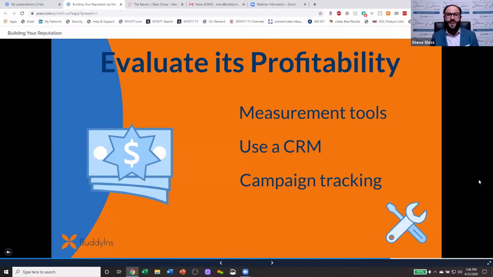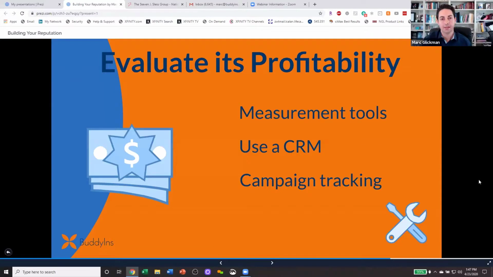So know your numbers. I think, look, you're all savvy business owners or operators or salespeople. We all know that if it's not working, you're going to know pretty quickly. You may feel it in your gut, but sometimes we tend to think things are working better than they actually are. You got to know your numbers. You got to track everything, because that's going to be the only way to determine what's actually working and what just feels good and looks good, but may not be generating any revenue.